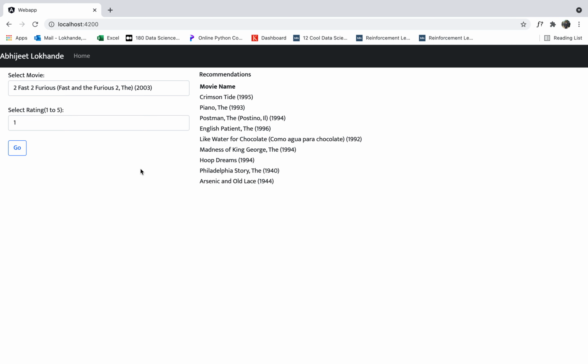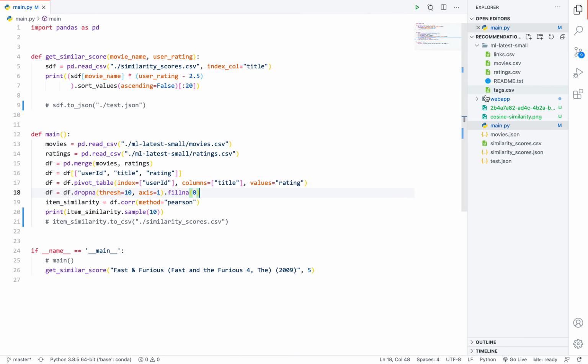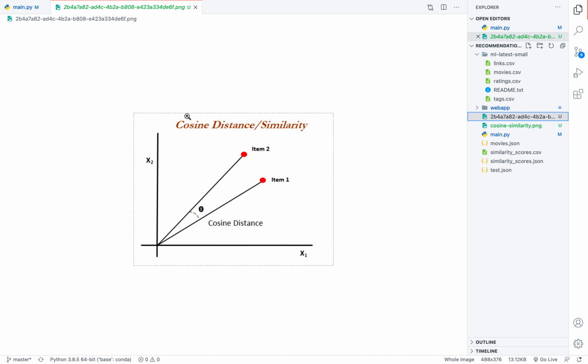So in this video, to build a recommendation system, we will leverage the concept of similarity. Basically we will see what cosine similarity is. Suppose you have two items, item 1 and item 2, and you want to know whether these two items are similar or not.